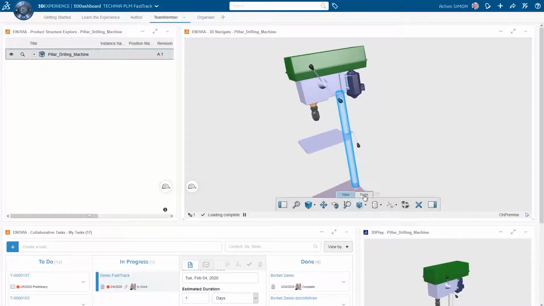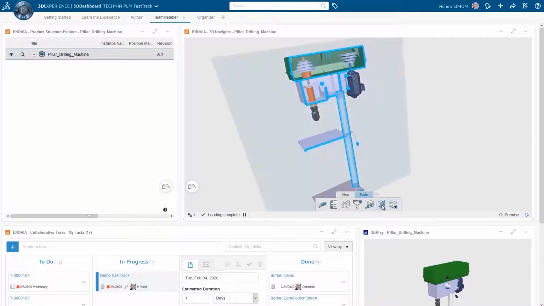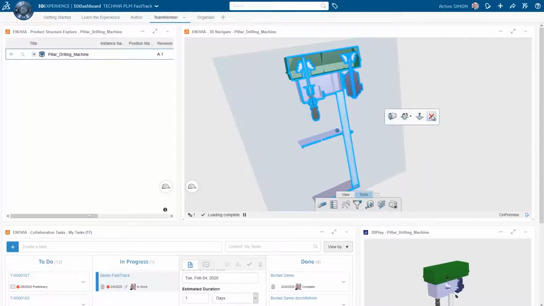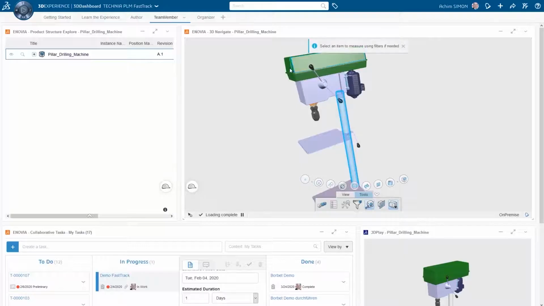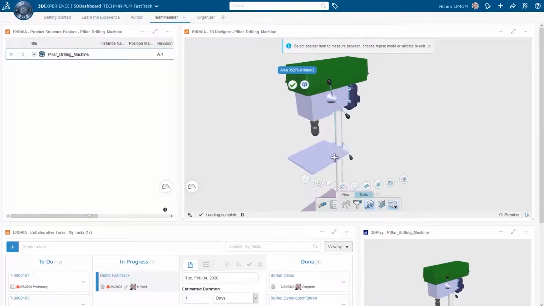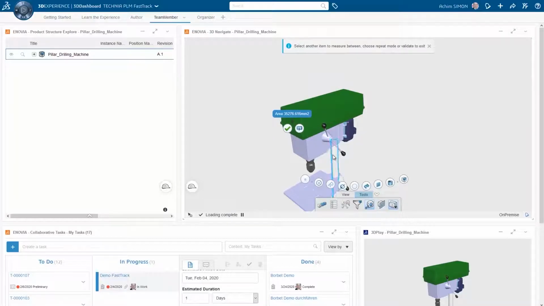You will have functions to do sectionings, move through the model. You will be able to do measurements to see the dimension of the model. So it's easy for the non-CAD user to navigate through 3D information. As I mentioned before,